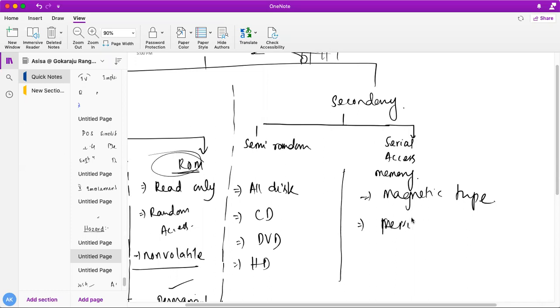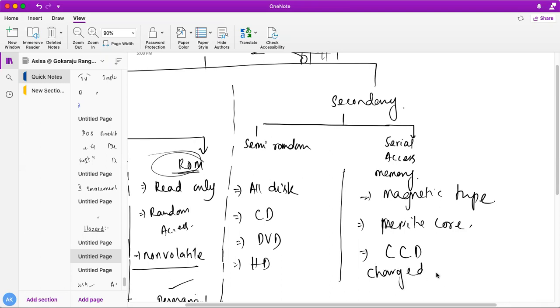Ferrite core, which are actually serial access, one after another only. If you want to read the data at a memory location, actually 48 into 2986 location, then you have to access serially, one by one, and then go to that particular position. So it's very slow. Ferrite core, and some of the CCD. CCD means charge coupled device.